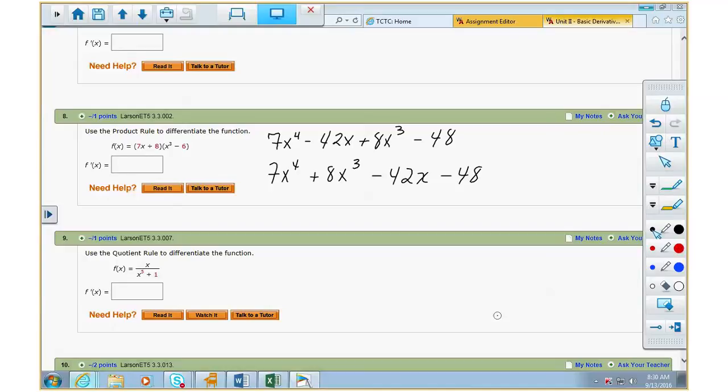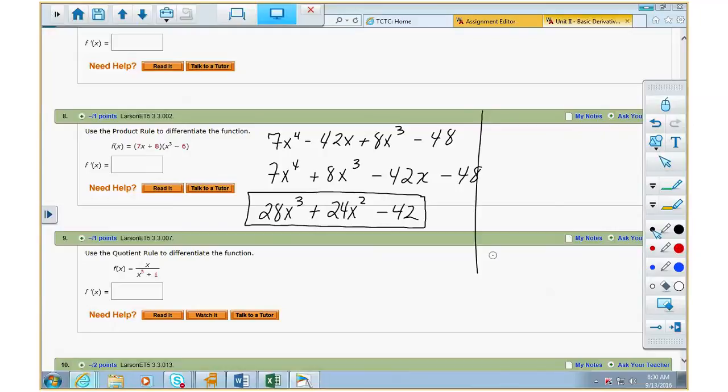That's going to be 28x to the 3rd plus 24x squared minus 42. So that would be your derivative. Now, if you did it the other way, first, 7x plus 8 times the derivative of the second. What's the derivative of x to the 3rd? 3x squared, right? Plus the second